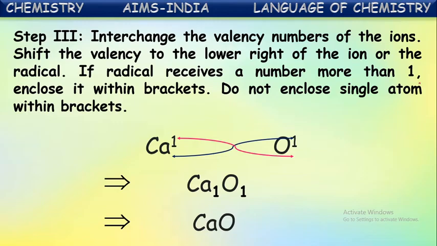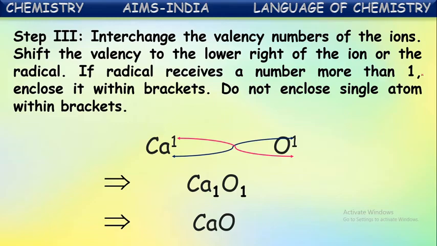What have we done in writing the formula? First we wrote the positive ion or radical, which is simply called the cation. Radicals are also ions, but containing more than one atom. The charged particles with more than one atom are called radicals generally. So either ion or radical comes under cations and anions. In writing the molecular formula of a compound, first we write the cation or positive ion followed by the negative ion. In the second step, we eliminate the highest common factor present in both their charges.